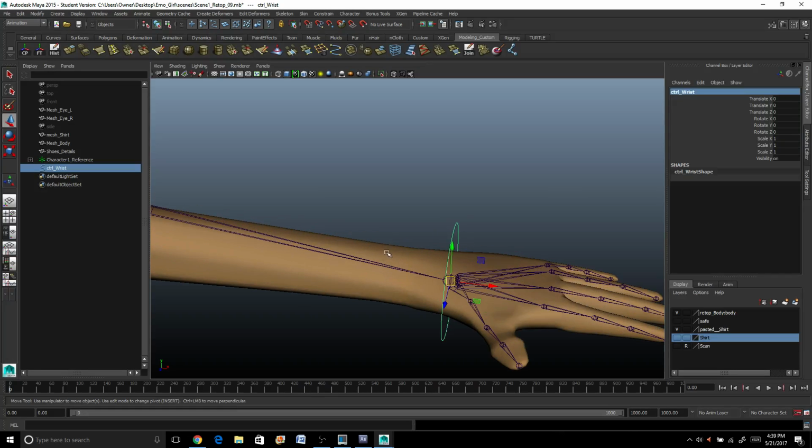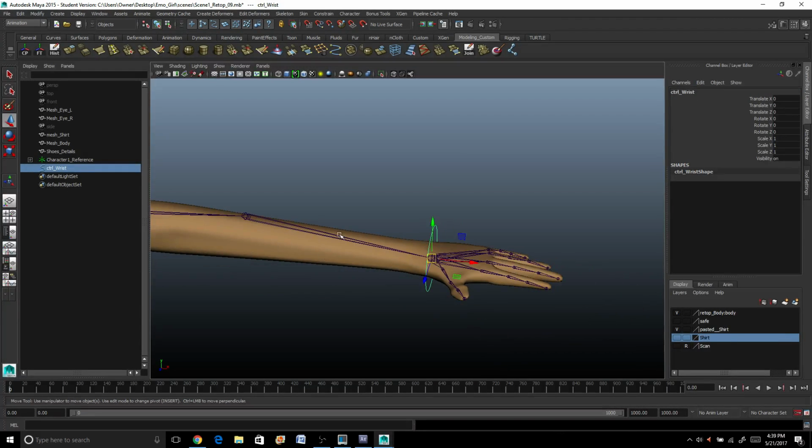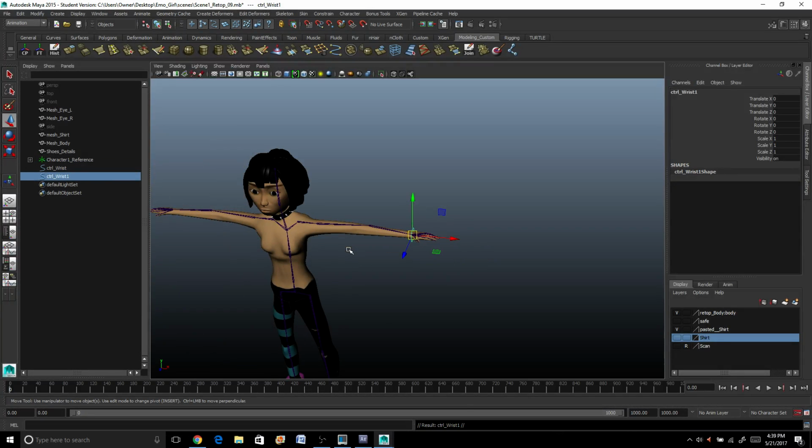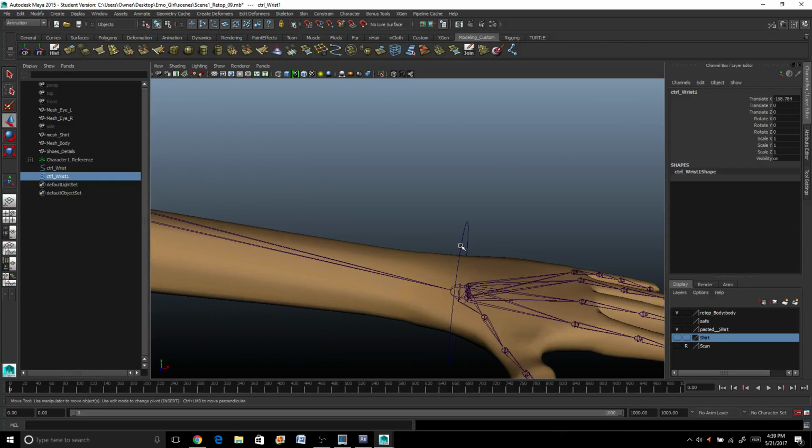We're going to parent this controller, and before I do that, I'm going to duplicate it because I want to use the same control on the other side. So I'm just going to hit Control D now. Just move over to the other side for now. This one,